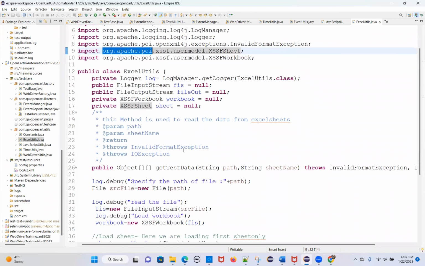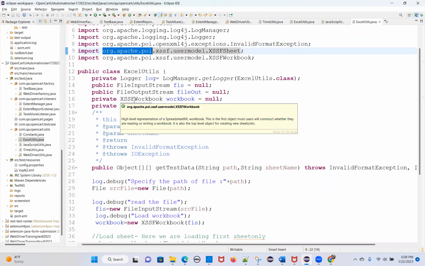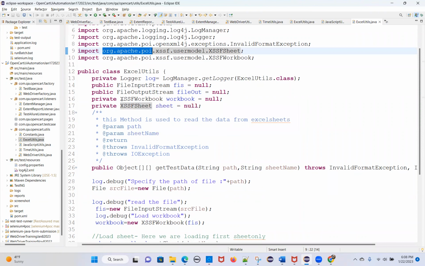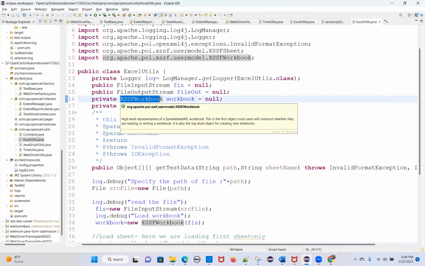But XSSF workbook will support XLSX format. So we are using XLSX format only, right? That's why I have written XLSX format only. There is one more: if you want the .xls format, if you save your Excel sheet as .xls, you have one more